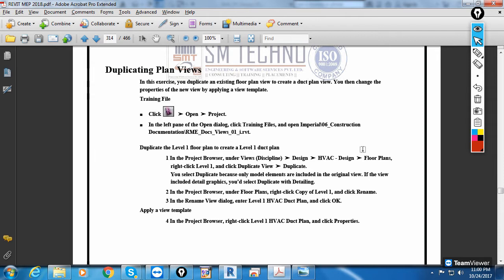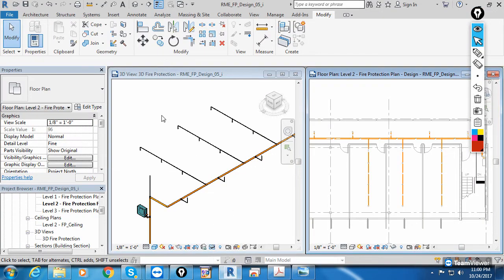Again, I'll repeat the same example first. I think you remember at the start, before linking the project, we learned how to create the levels. And I think you remember, when we create the level, we get the floor plan also. So originally we create the floor plan from copying the levels. After that, those views like level 1, 2 and 3 will be duplicated for multiple services. Hmm. So I'll show you one example.